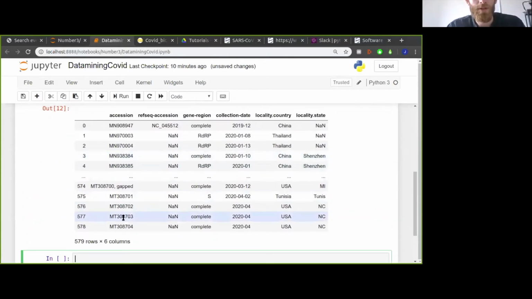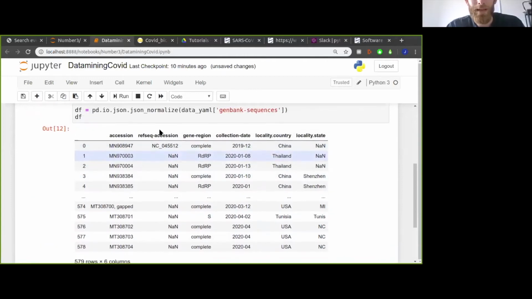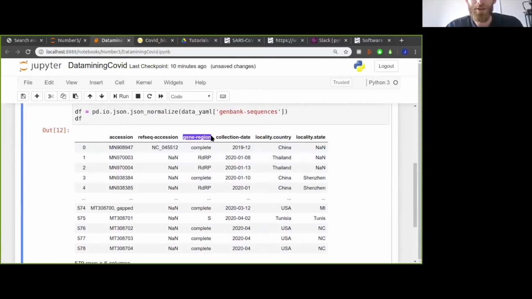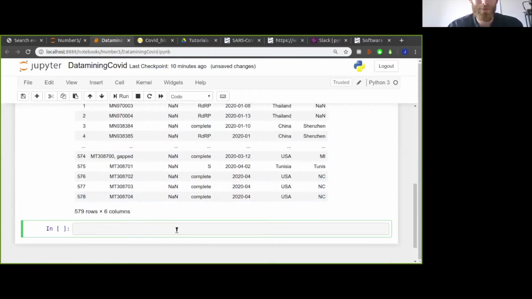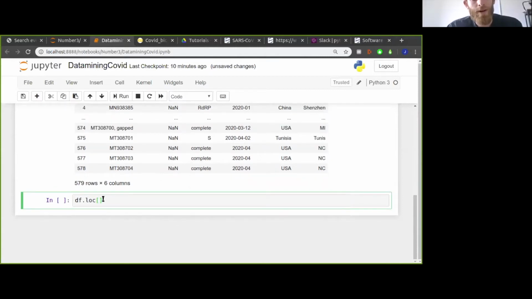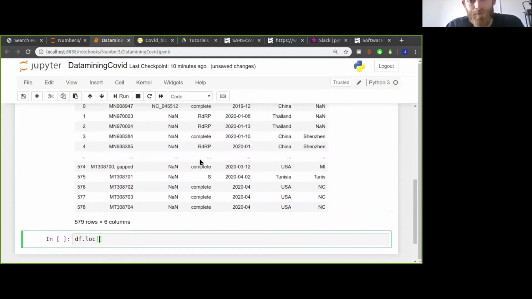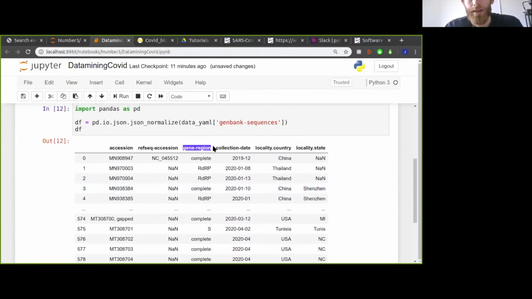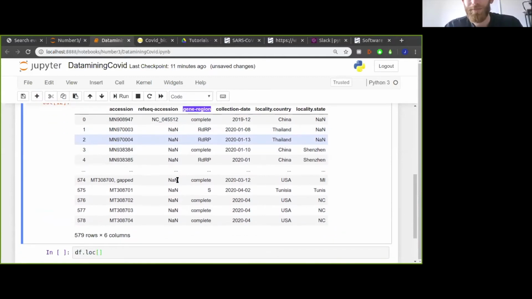So what do I want to do now? Well, I want to get all of the complete genomes. So I'm going to filter this data frame by this column gene region where only the complete genome is present. So to do that, I enter data frame dot loc, and to that I'm going to pass in square brackets a Boolean function. You know,